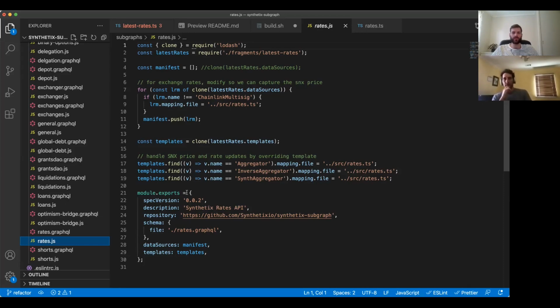And so one of the biggest challenges for us was to figure out how we improve our Chainlink contracts. And we actually found a way to do that using data templates. So when we refactored into this new subgraph format with the JavaScript, we started using templates for the rates. And what that does is